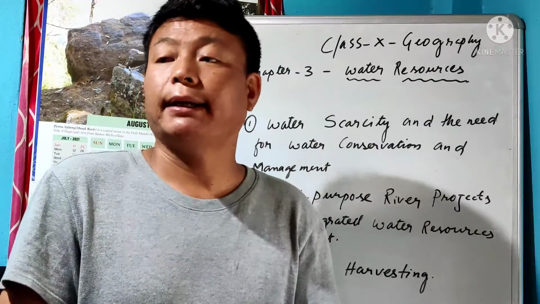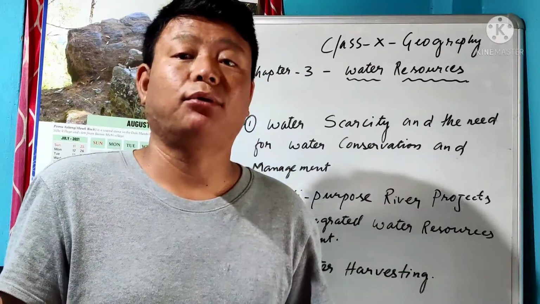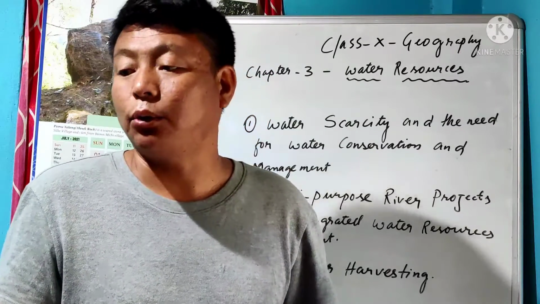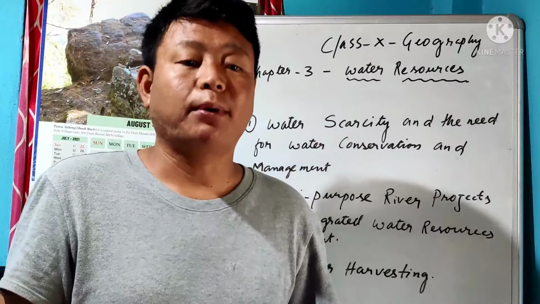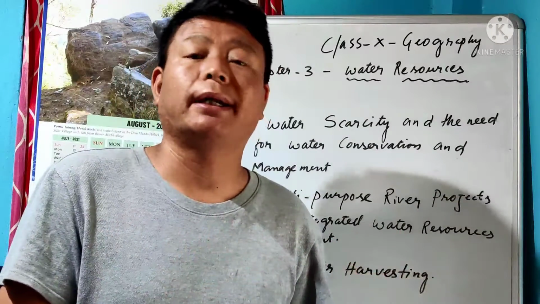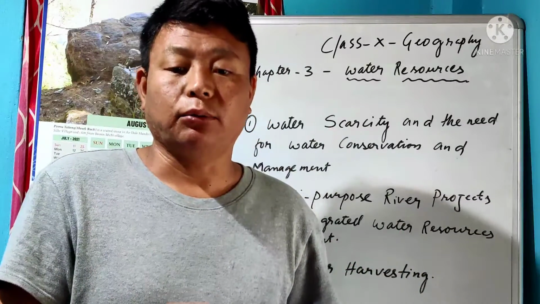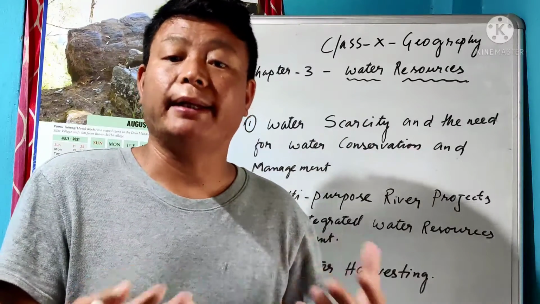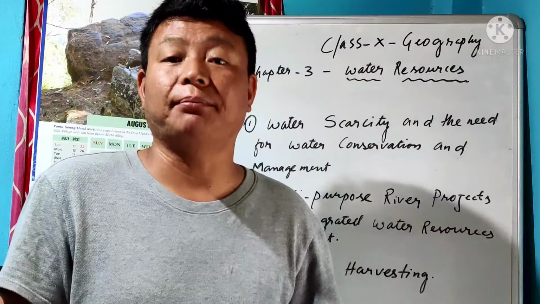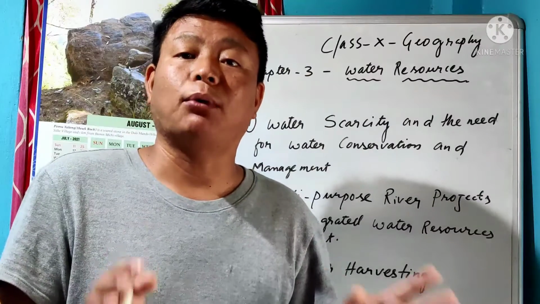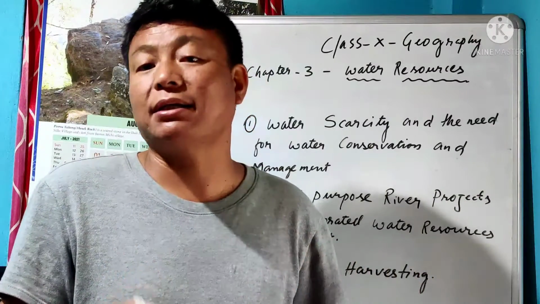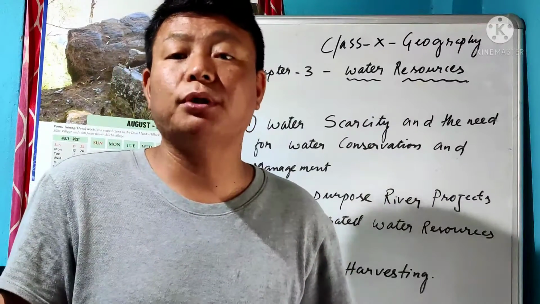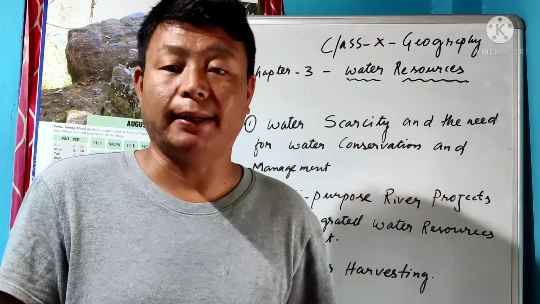Another factor is over-construction of industries and factories, or road making. Wherever there were possibilities of getting water, those areas are destroyed. In those areas, the water bodies, sorry, the lands are filled up. Due to that, the water is getting less and less day by day. Now, how should we utilize it more properly?